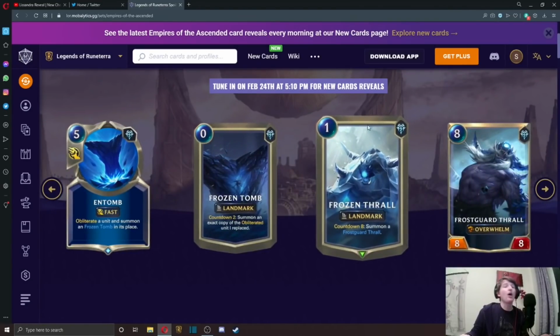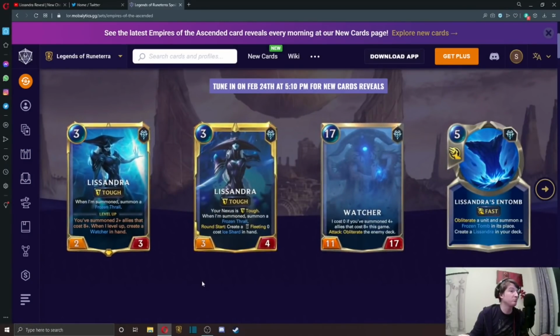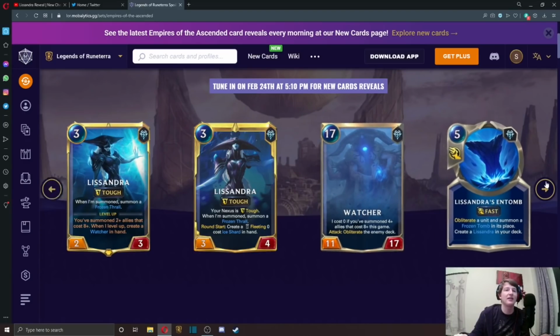Oh, it's one of these. Oh, so you can get loads of these. Oh, okay. So you're going to get... These aren't going to be the problem. I still think you would play them in this deck, but getting enough of them to level up Lissandra shouldn't really be an issue. And also, that means that getting the Watcher off shouldn't even be that big of an issue either. Because both this and the...